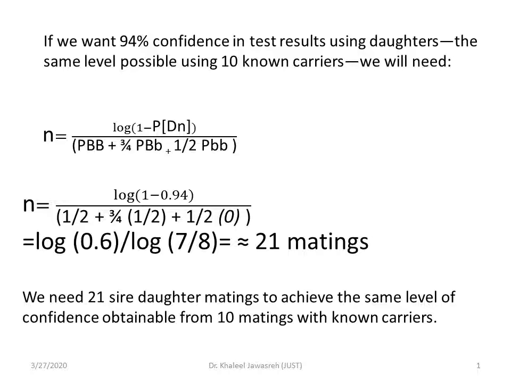So by applying this equation, and we know that we are willing to have 94%, instead of the probability here, we will add 0.94 to be log of 1 minus 0.94 over half plus 3/4 times half plus half of 0 multiplied by 0. So why do we add half here? 0.5, 1 over 2 for the probability of being B capital, and for B capital B small. This is because we are using the daughters of the same possible